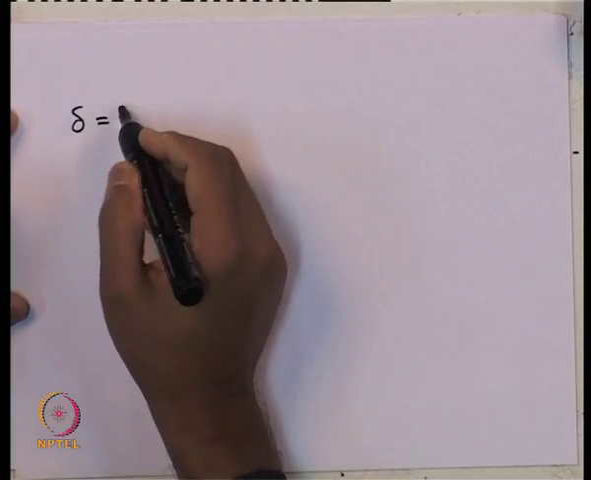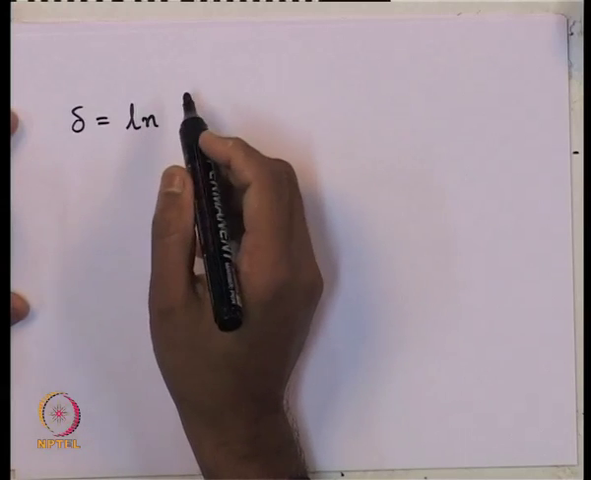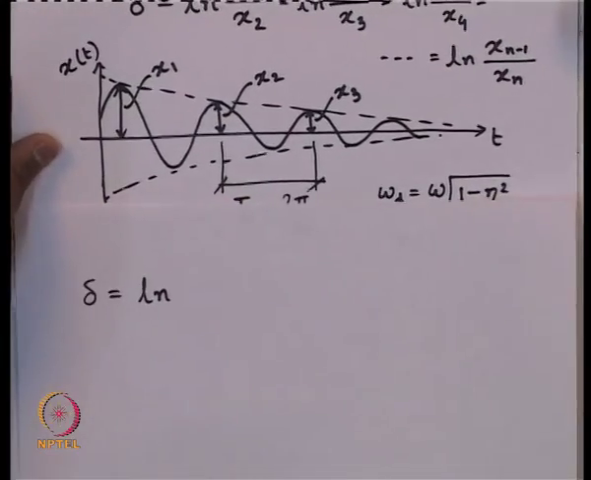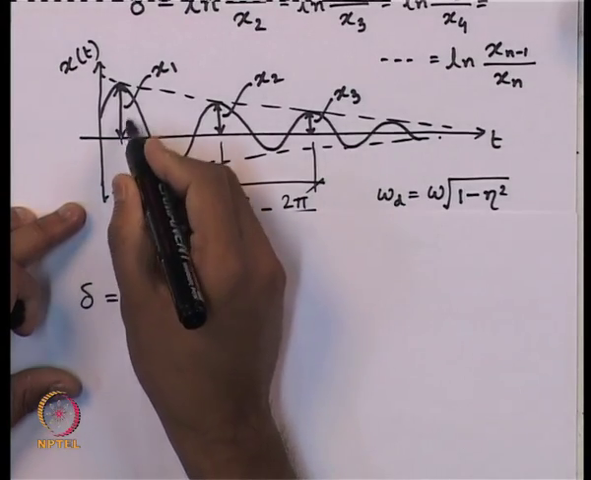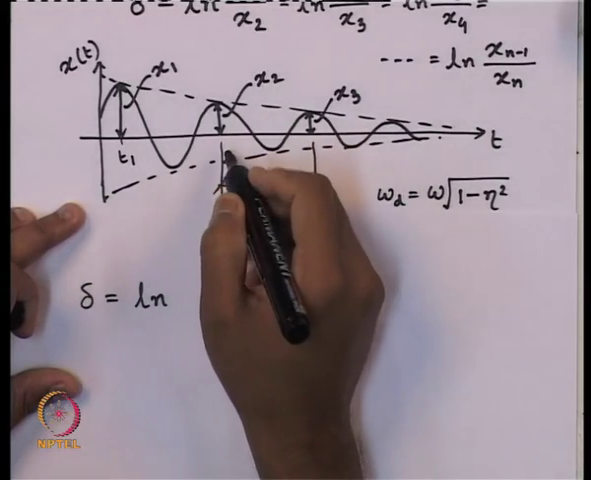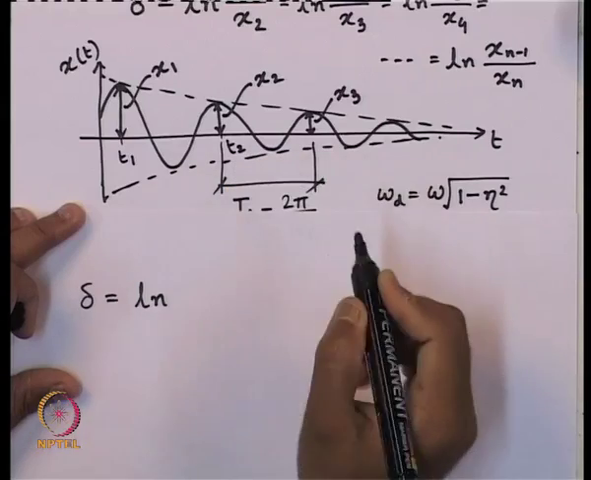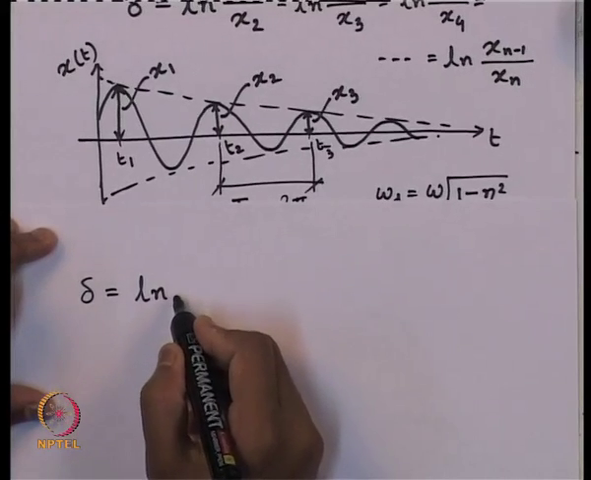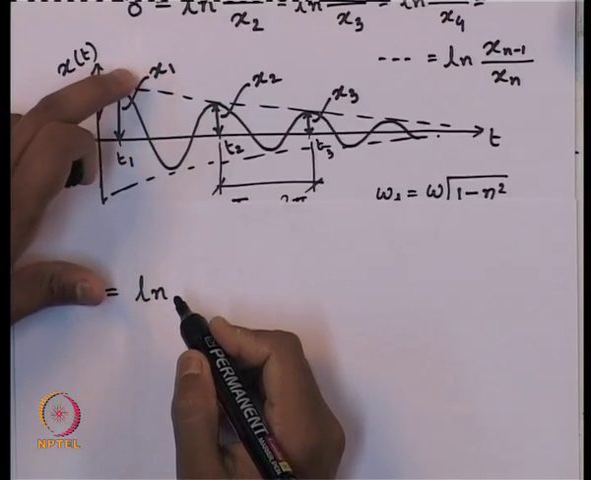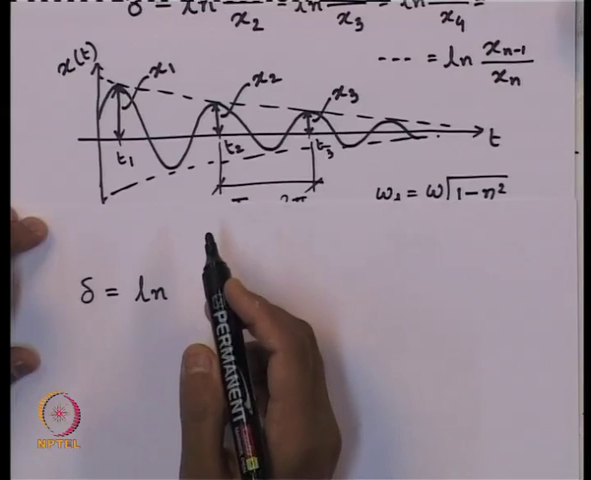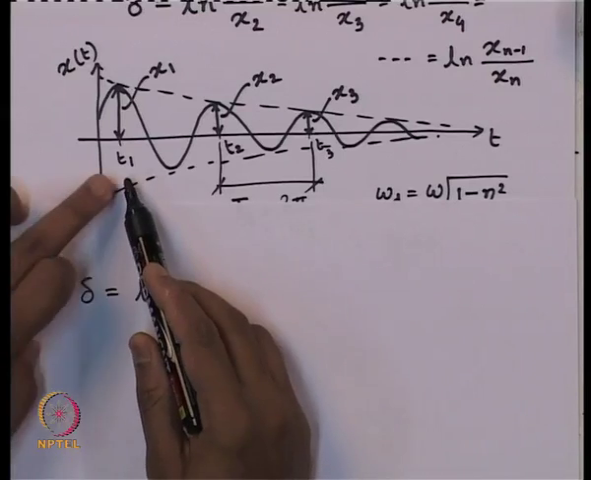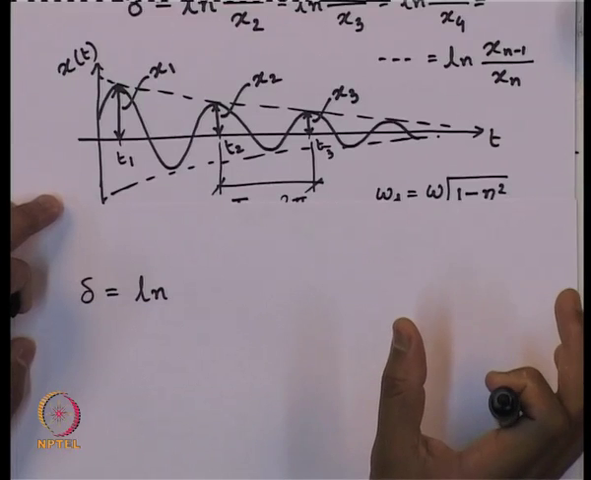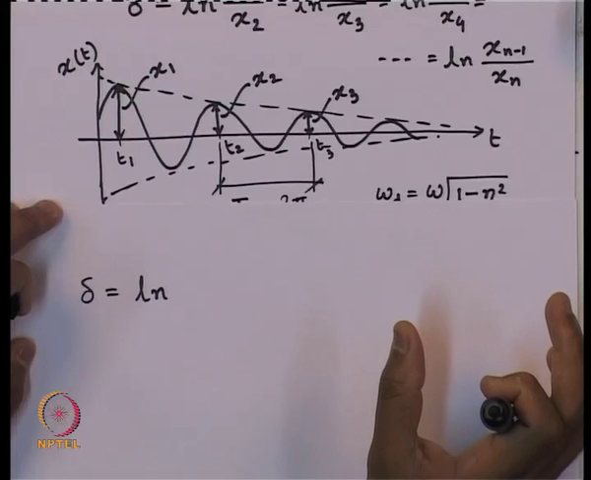Delta is given as ln say x1 by x2. As I have mentioned, let me put the picture once again here. Suppose the time where x1 occurs is t1, where x2 occurs, let us say the time is small t2, where x3 occurs, this time is small t3 in the time scale. So, delta will be ln. What is the value of our x1? That is e exponential raised to minus eta omega t. So, in case of t, we can put t1